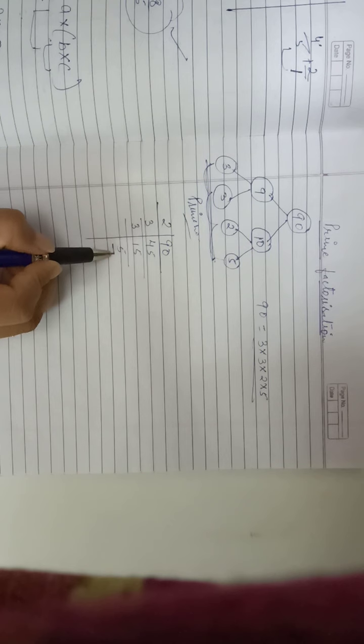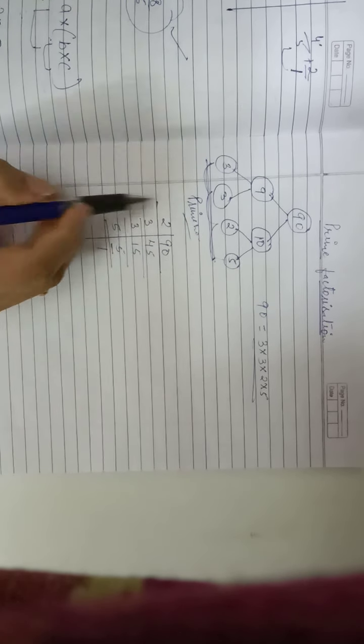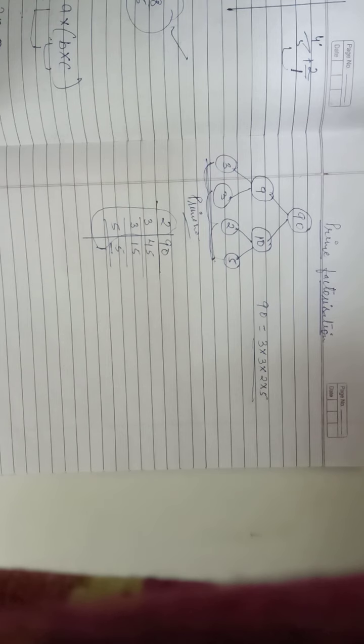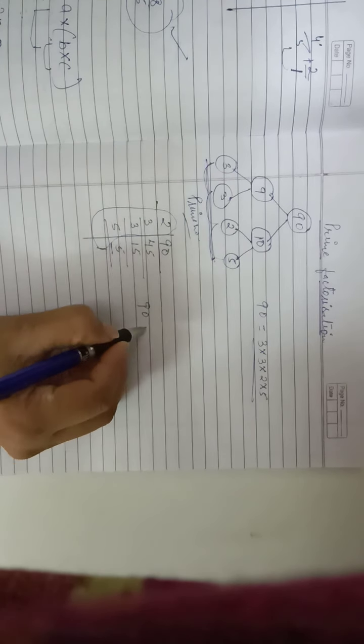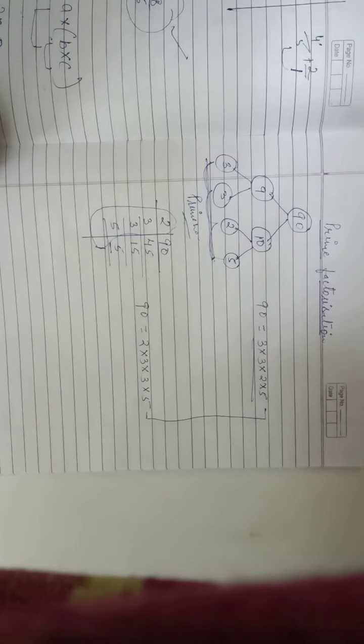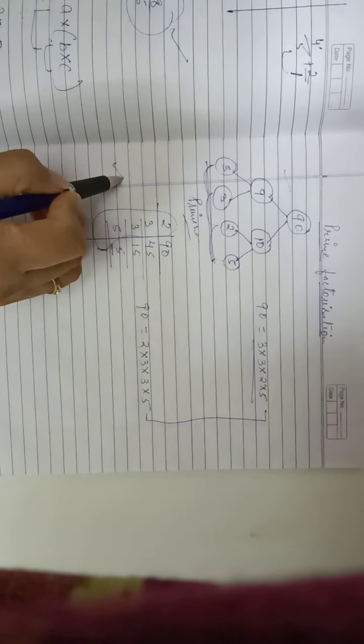Here, student, we can see that the last digit is 5, so we can divide 5 by 5. Simply we get these numbers, these are the factors of 90. So this one is the prime factorization. We can say that simply here 90 equals 2 into 3 into 3 into 5. Student, here we can see that the factors of 90 are the same by both methods. So we can use this method or this method. Simply we use this method in our calculation.